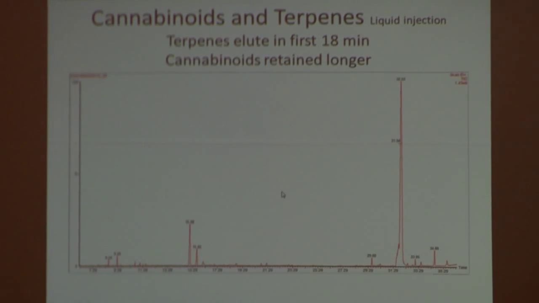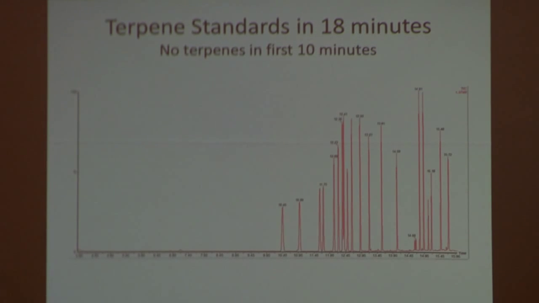But if we make a liquid injection, we have to get rid of all of these heavier cannabinoids before we can make another injection. So that takes us more time and hampers our throughput. But there's ways around that. We'll talk about that. So these terpenes are coming out in the first 18